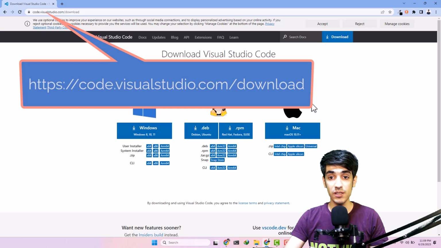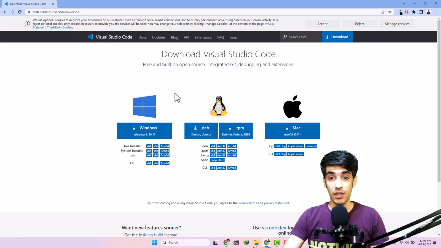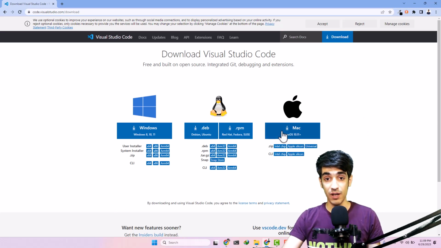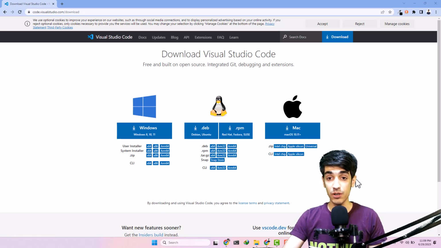code.visualstudio.com/download. And as you can see, there is a download link for all operating systems, whether it's Mac OS, Linux, or Windows, it doesn't matter. And I'm sure the installation process is very easy, and I'm sure you guys can handle it. You just download it and install it, and this is the only thing that you need to do before watching